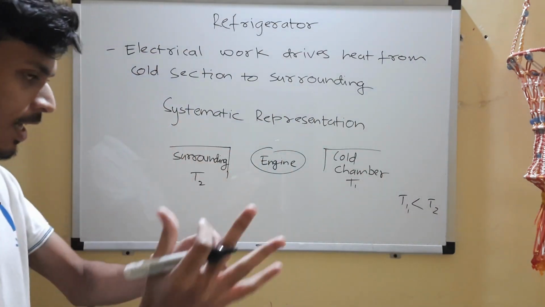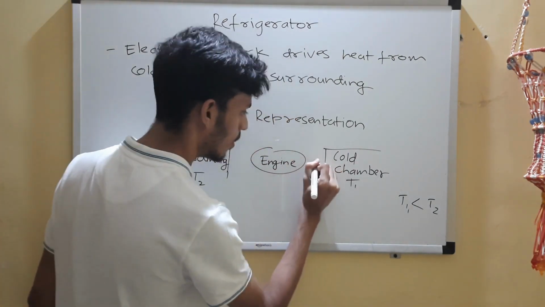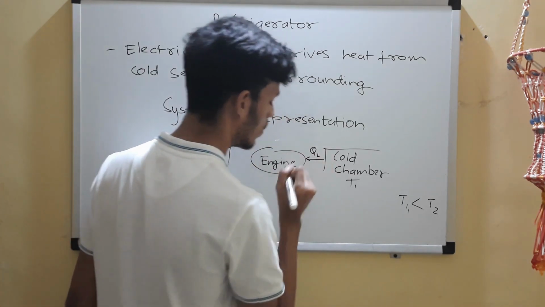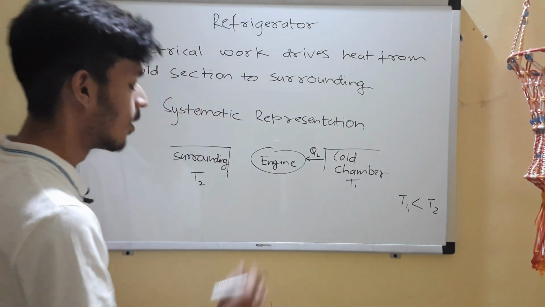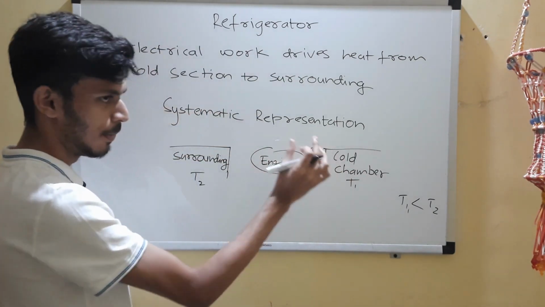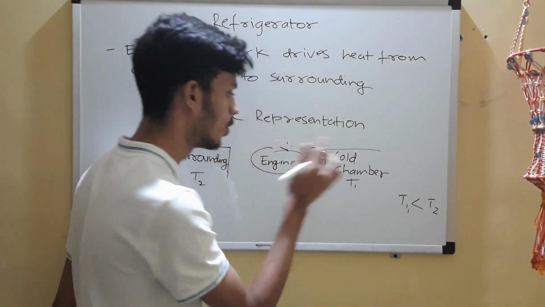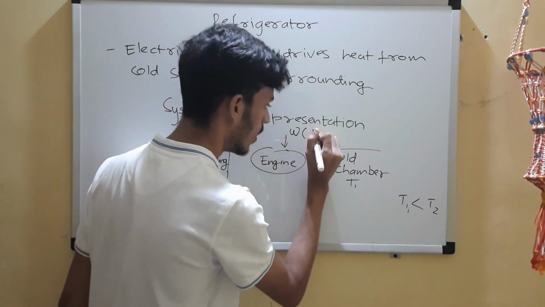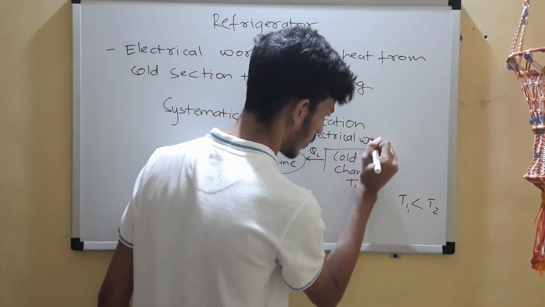So what did I say? The refrigerator, which is our engine in this case, will extract heat from this cold section. Let's say it as Q2. We'll take the heat expelled to be Q1, that is how my book suggests. Anyways, it will take out Q2 amount of heat from that cold section, and work is done. This is the electrical work due to which it extracted that heat out. So this is the work done, electrical work, I'll say.